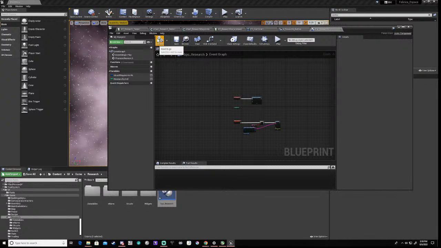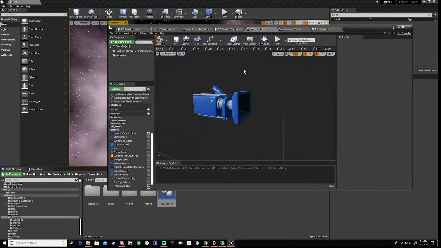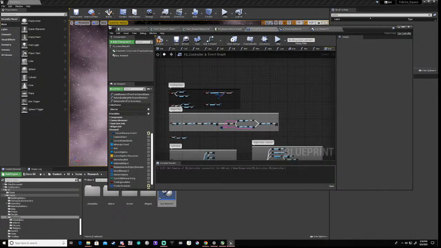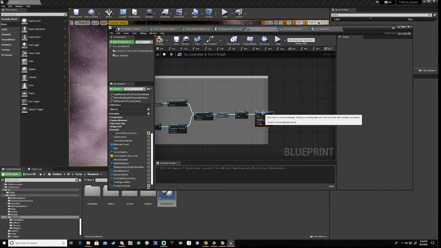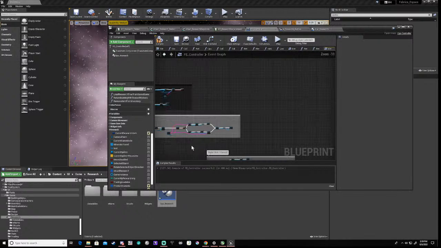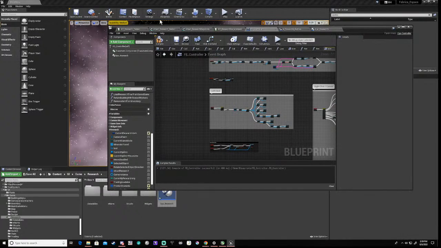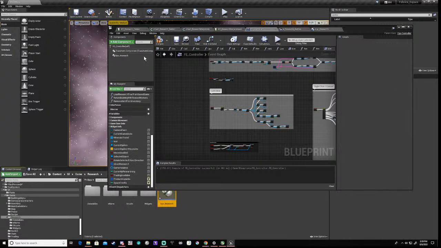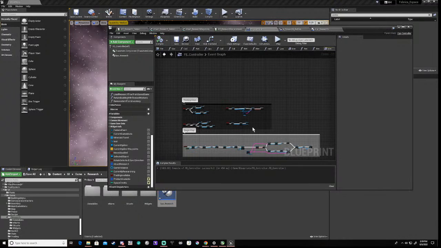And then what we can do is we can go back to our FE controller, go back to our event graph, and we can basically remove this because it's going to run its own component, so that kind of separates it away. And we can basically delete this as well. Yeah, right, okay, so that shouldn't have brought up any errors. I was wondering why it was saying there was going to be an error there. Anyway,